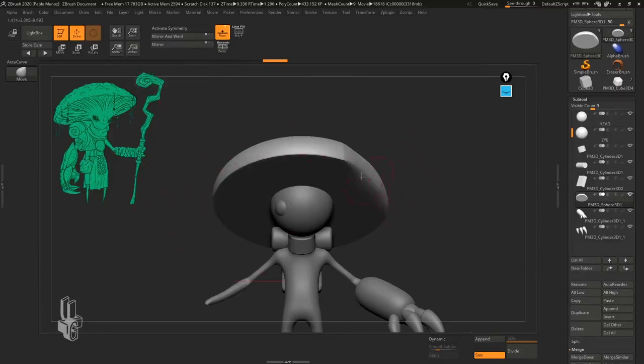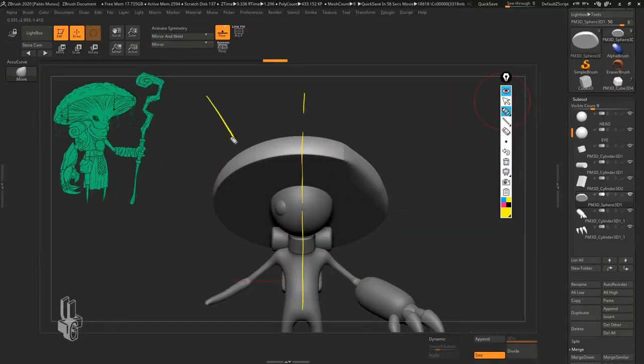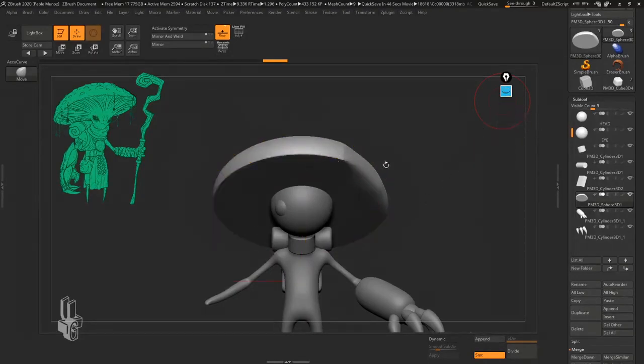just by mirroring. But with mirror and weld, ZBrush is going to take whatever is on this side, so all of this, and it's going to mirror it, and it's going to merge it. So in other words, it's going to recreate this shape, right? And that's exactly what I need in this case. So I'm going to go ahead and click mirror and weld, and you'll see this is fixed